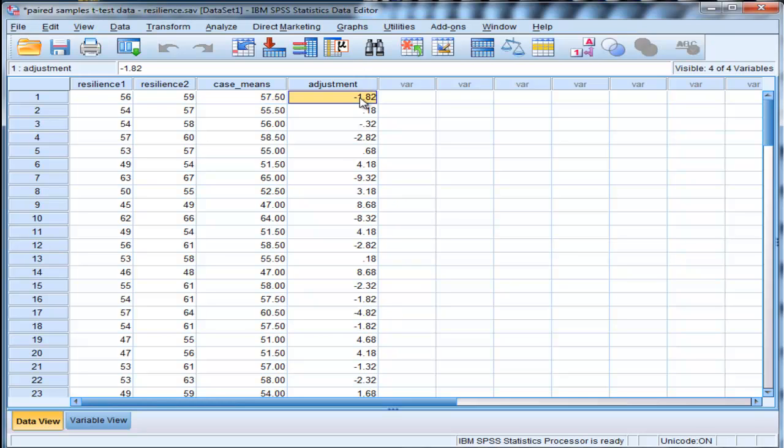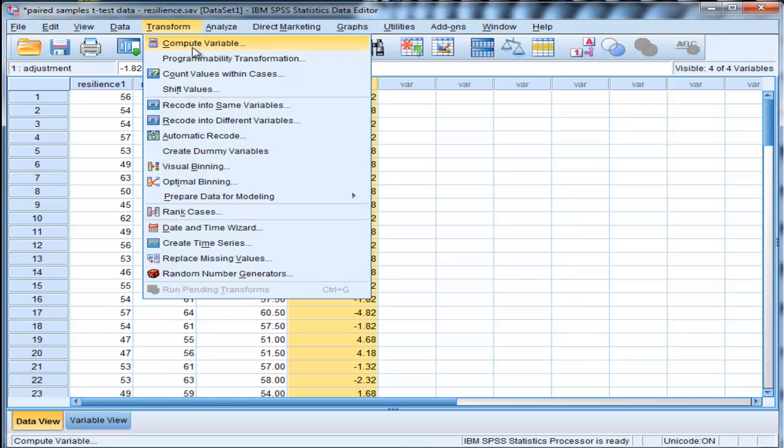variable called adjustment. Now, with this adjustment variable, I need to do the fourth step, which is to add the adjustment variable to the original values. So I need to do that for the resilience 1 variable and then separately for the resilience 2 variable. So I need to create two more variables: transform, compute,